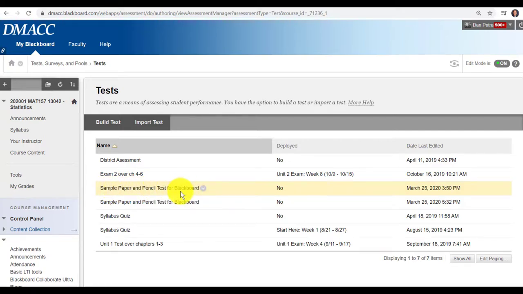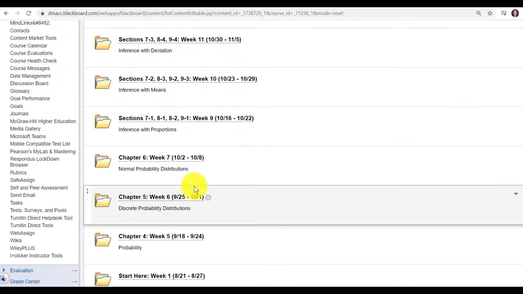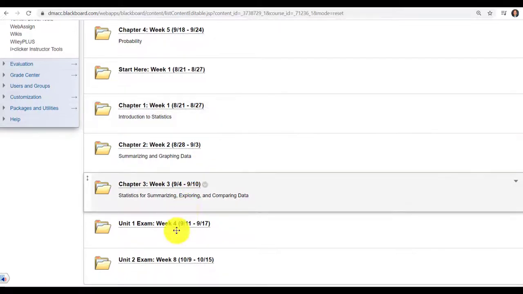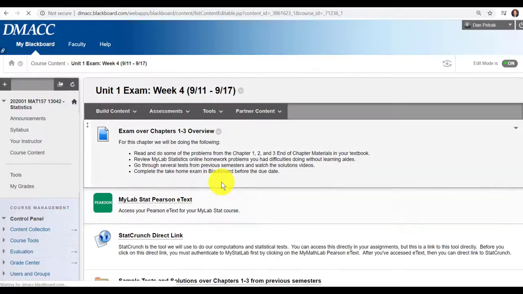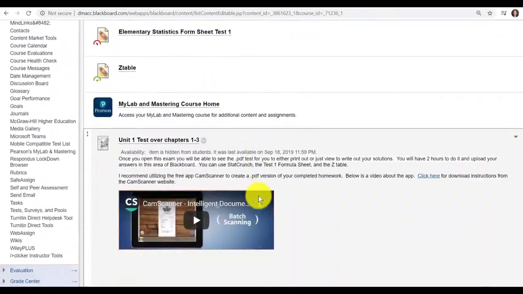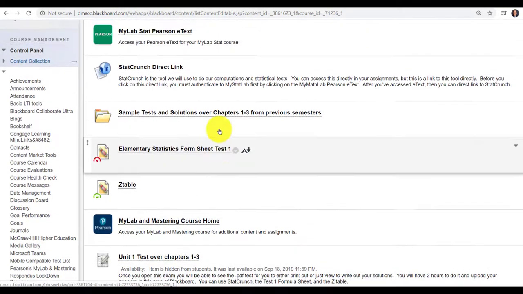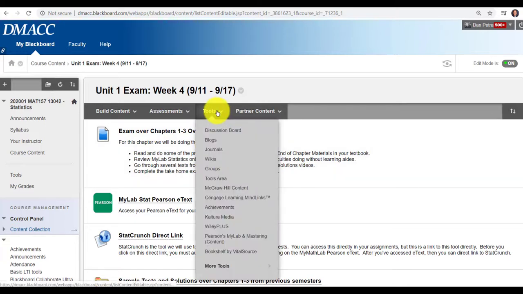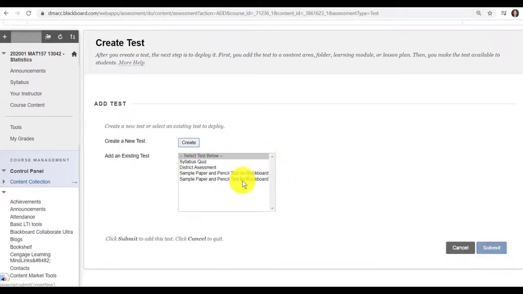So now, how do I get this test in Blackboard? So I go to whichever folder I want to put it in. Let's say I'll put it, normally it's in week 4, and I'll show you the example there. So this is like a Unit 1 exam. And if I want to add this test to Blackboard, it's going to look like this when it's done, Unit 1 test. So all I'm going to do is go to Assessments, Tests, and there it is, Sample Paper and Pencil Test for Blackboard. I'm going to click on it. I'm going to hit Submit,